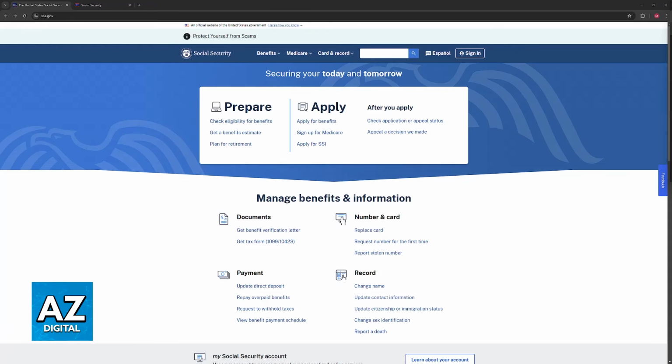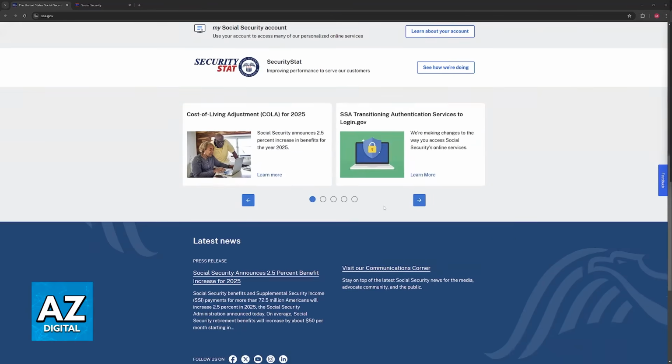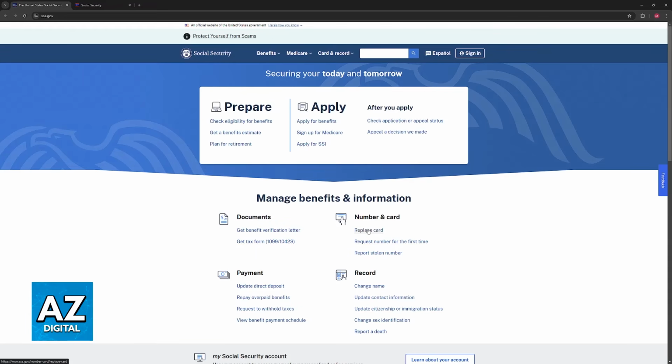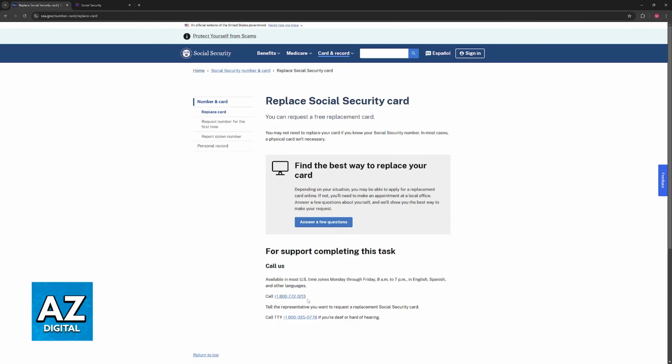Alternatively, if you don't like this approach, or you would like to talk to a human before proceeding, then all that you have to do is call them at any phone number that they have available. You will be able to choose replace card or any other menu, and usually there will be a phone number listed. So as you can see, this is the main phone number that they use for you to talk to one of their representatives and change your information on the card.